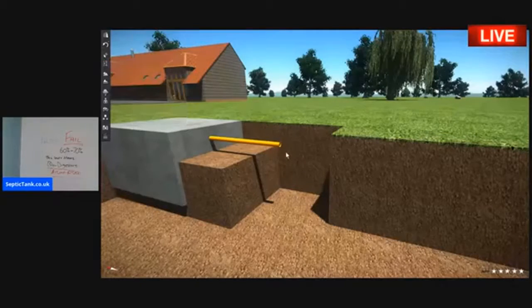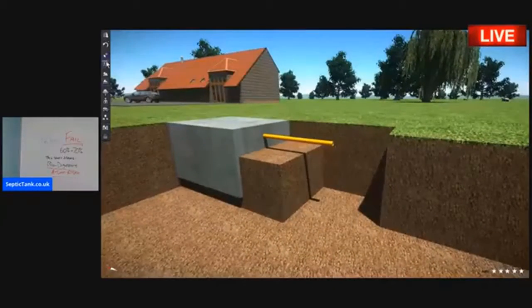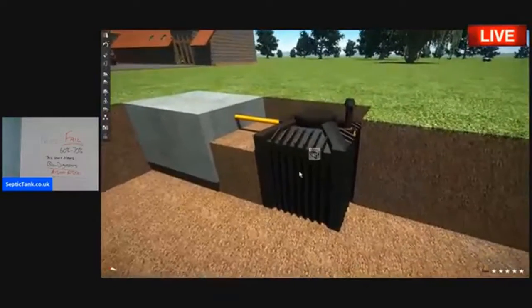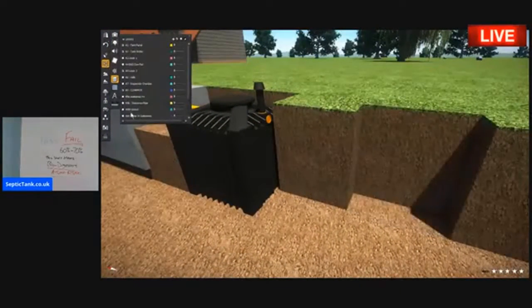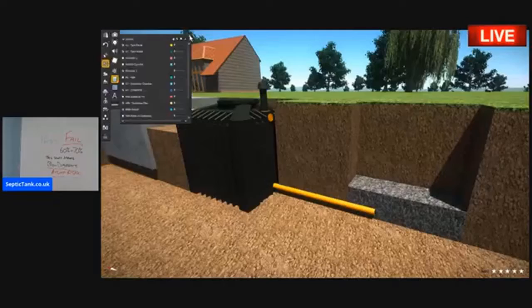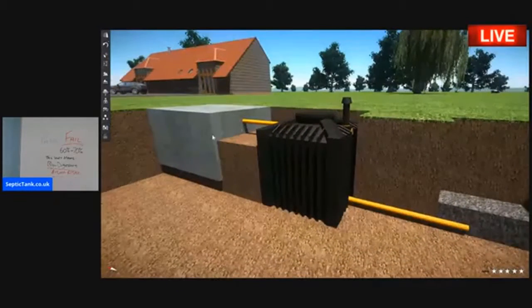So basically, what you do is dig a hole next to your septic tank, like the one I've just shown you. You put in the septic tank converter, just like that. Then next to the converter, you dig a little soak-away pit. You run a soak-away pipe from the converter into the pit. You fill the pit with gravel. And then basically all the sewage leaves the septic tank and goes through the